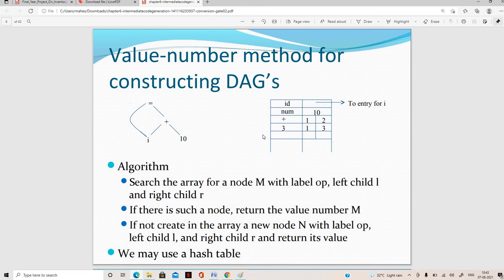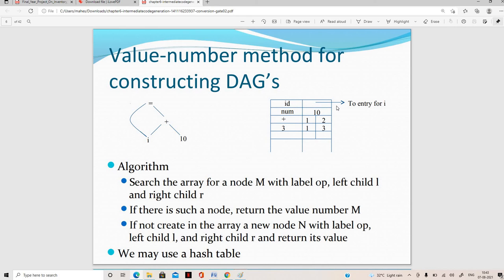So for example, here we can define the thing. Here we are having I equal to I plus 10. So when it comes to this one, I'm going to define the value number method. Here I indicates ID.